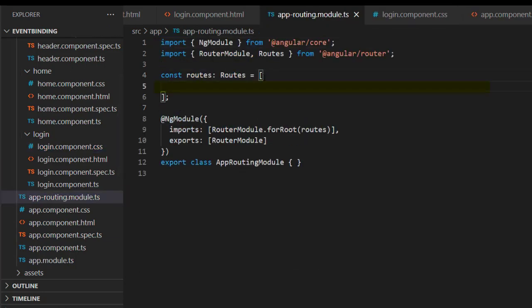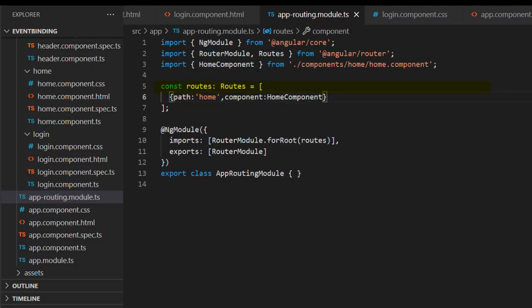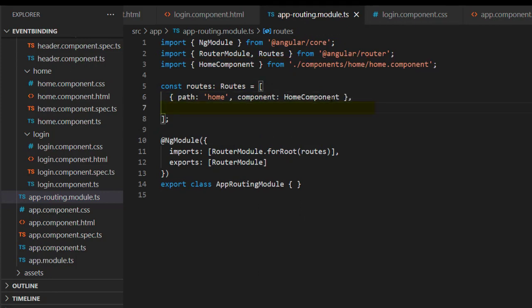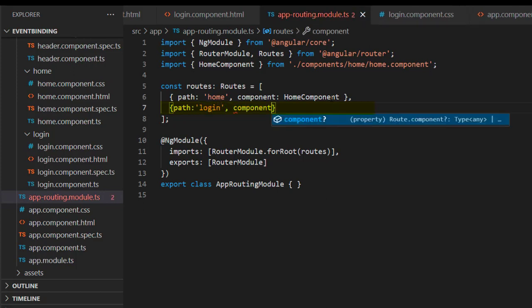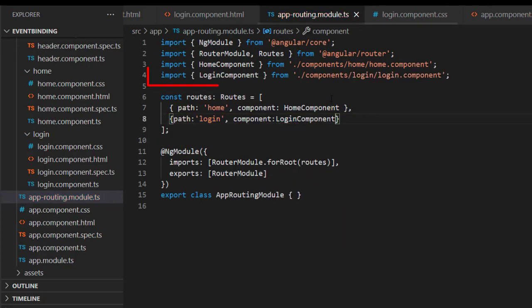Next, we'll go to app-routing.module.ts file, so that we can apply routing here. Here is a const called routes. This is an empty array. Here we have to give the path for home and login. So I'll write here path colon, in single quotes I'll write here home, then component colon home component. Then I will give tab, so that home component will be imported. After this, we have to give path for login component. Again I'll write path colon, in single quotes I'll write login, comma, component colon login component. Then give tab, so that login component will be imported.